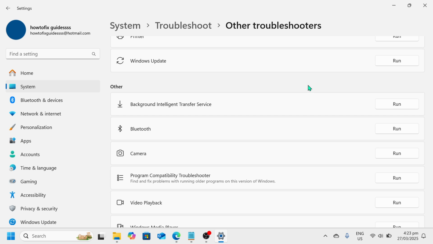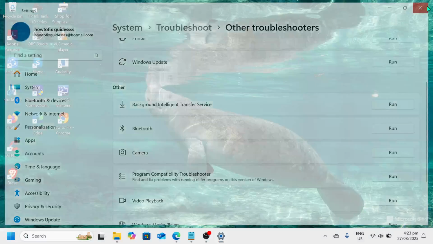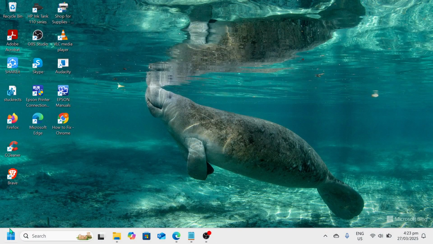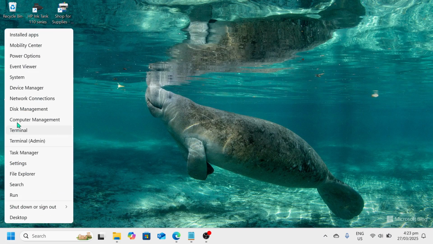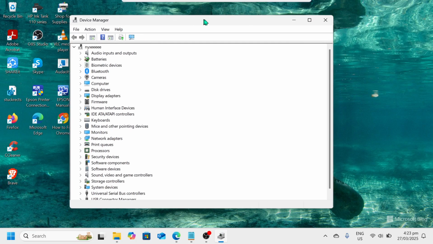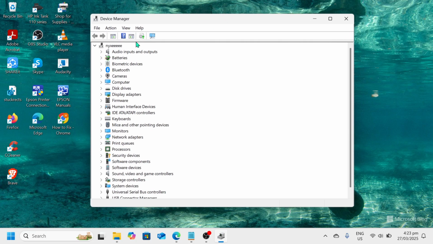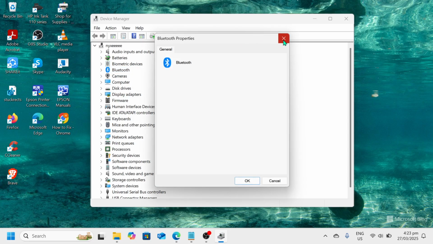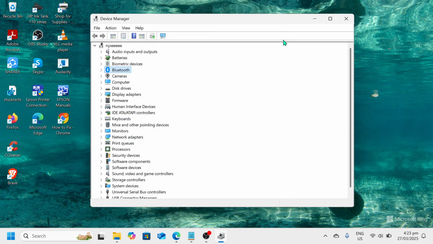Okay, so the next thing we need to do is go to our Device Manager, and we can do that by simply right clicking on our Windows icon and then going to the Device Manager option. Once we're here in the Device Manager window, all we need to do is look for the Bluetooth option, and once found, right click on it and then go to Properties. And if you see an option that says Update driver, go with that option and then